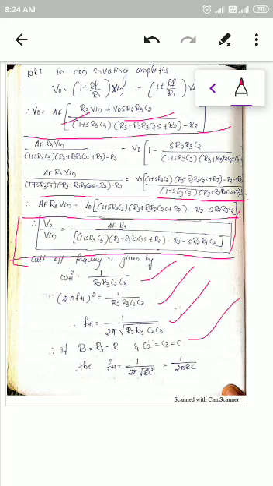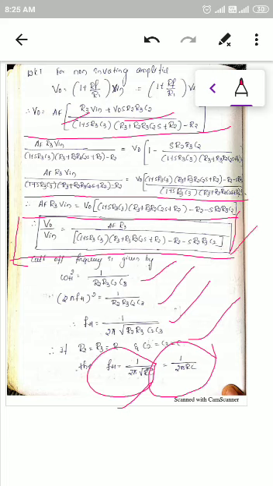If you take all the resistances R2 and R3 equal to R, and C2 and C3 equal to C, that means all the resistances and capacitances are equal, then FH is equal to 1 by 2 pi root of R square C square. The root of R square C square is equal to RC, so FH is equal to 1 divided by 2 pi RC. This is the equation to calculate the higher cutoff frequency of a second order low pass Butterworth filter.